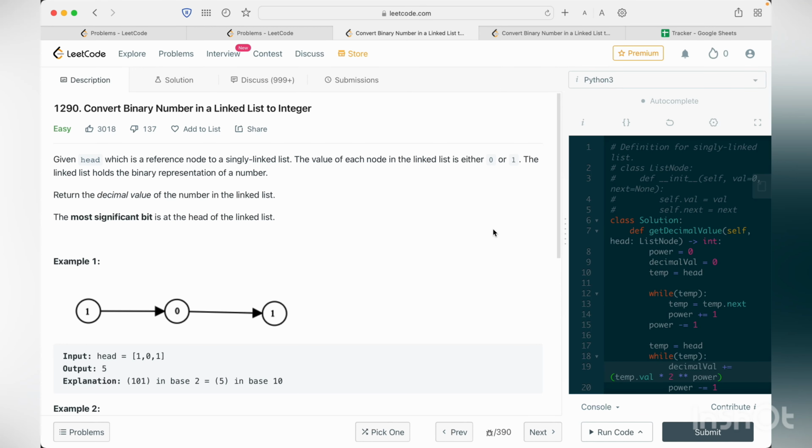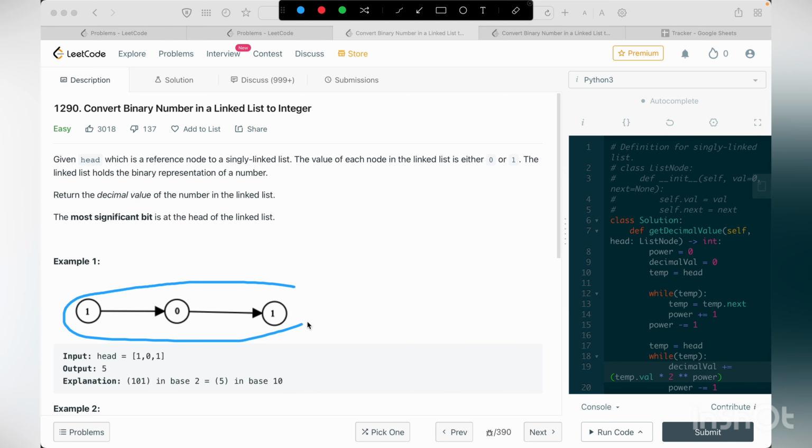Hey people, so today we are going to discuss the LeetCode problem, convert binary number in a linked list to its integer. So essentially what we are given is a linked list containing either zeros or ones, as you can see in this representation, and we have to convert this entire linked list into a decimal value, which is 5